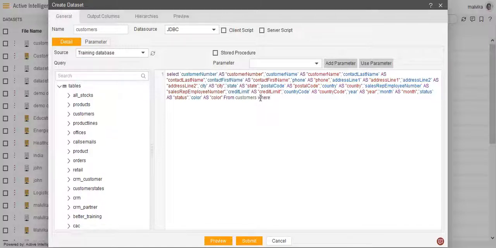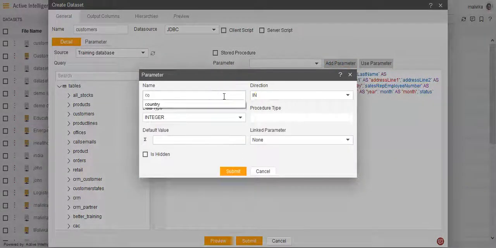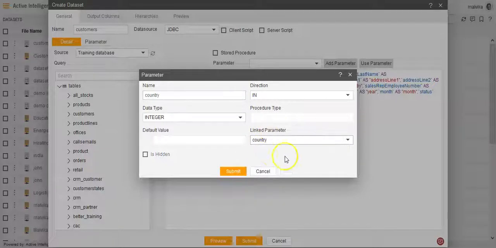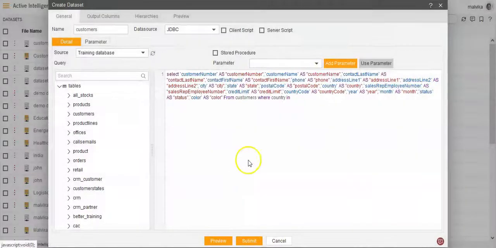So here I am typing the query, basically making a small change. And once I do this, I'll click on add parameter. So here we'll add the parameter that we have already created, and in linked parameter we'll select the parameter and click on submit.